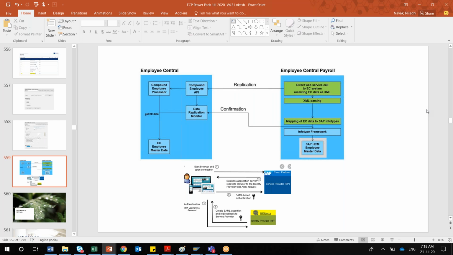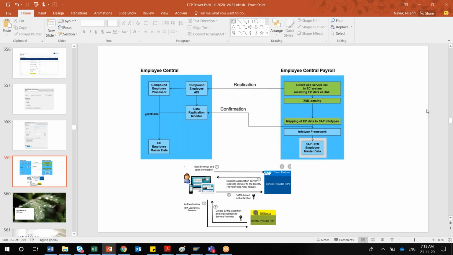So there is user access also, right? When I say user, not the end user, but the API call which happens from ECP to EC. You have to create some security authorization in the ECP system in order to do that.